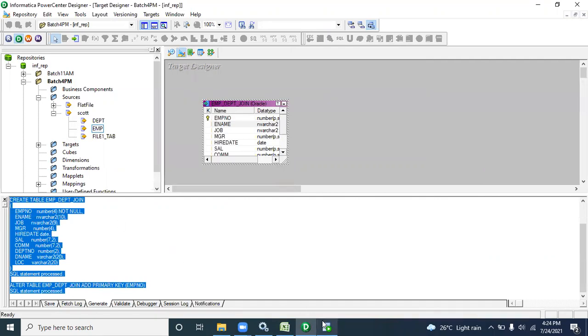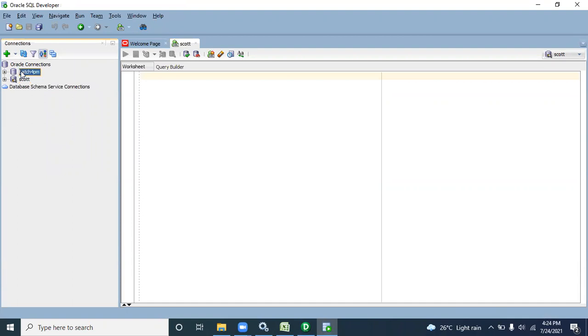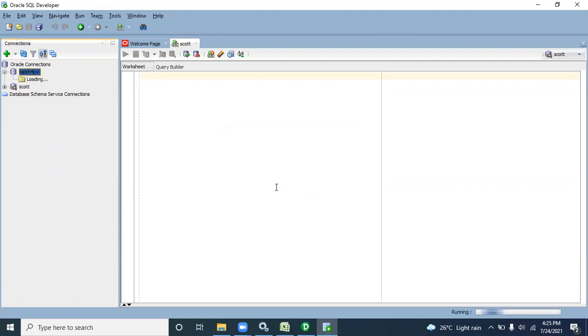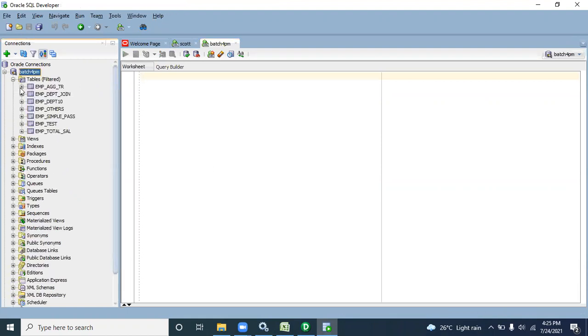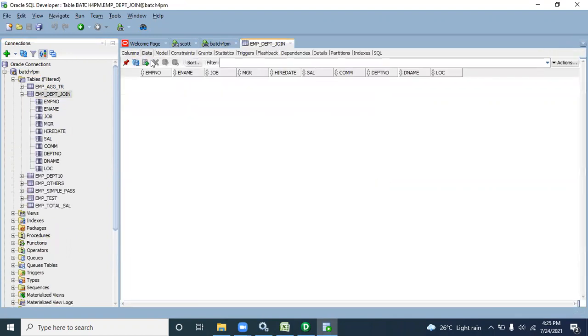Then you can check through the batch whether the table is there or not. Now you can check the department EMP join is there, but there is no data, only columns. See D name, location, each and everything.